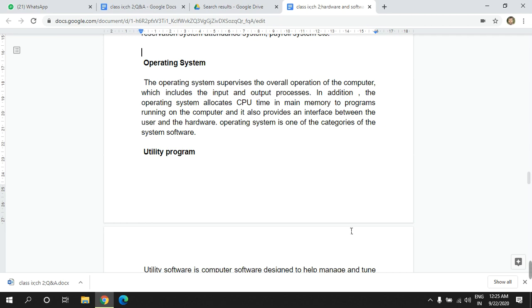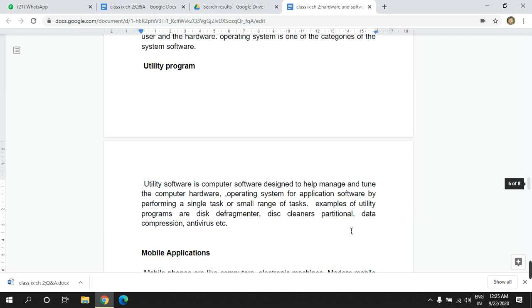Now what are utility programs? Utility programs are programs responsible for the management, maintenance and running of a computer system.